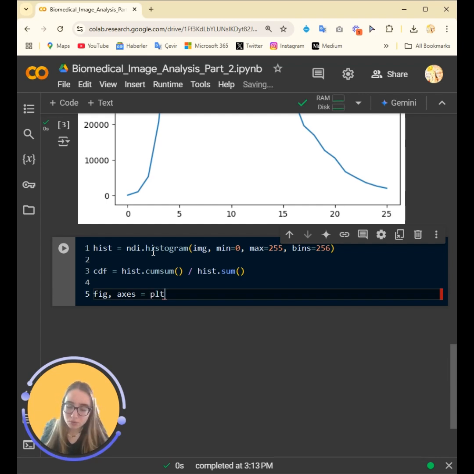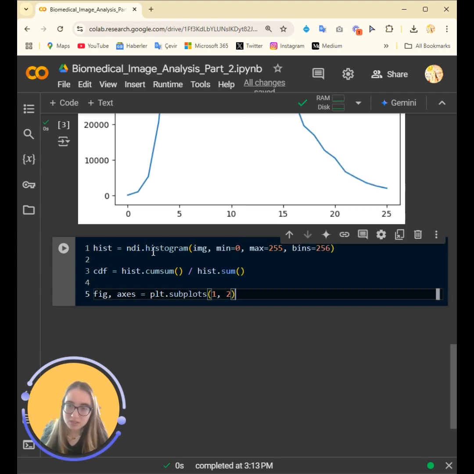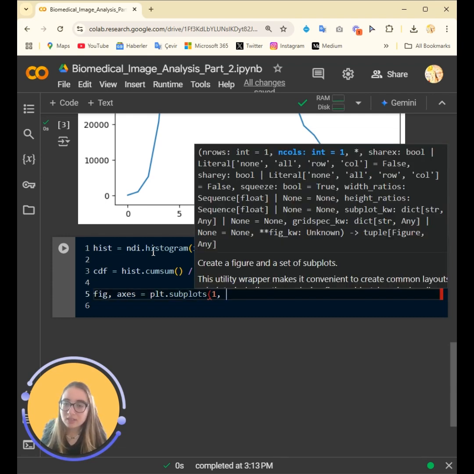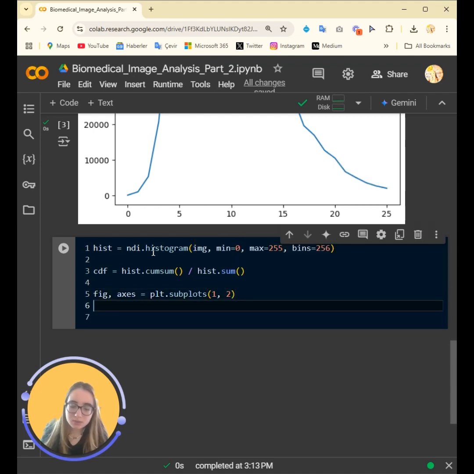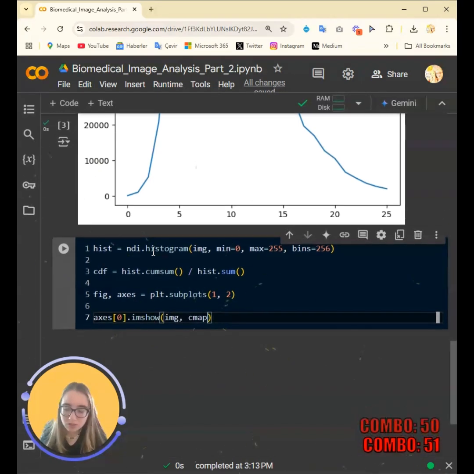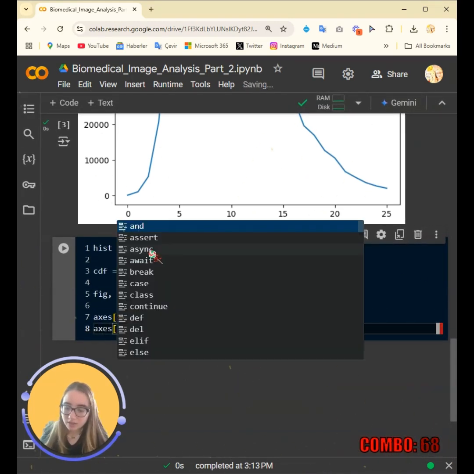And then I'll of course show it as a subplot, but I'm kind of tired of writing n rows and n columns, so I'll just write it. Now it's time to write n columns, and that's all. Okay, x is 0, that I am show. I'll show the image, and the cmap is gray.